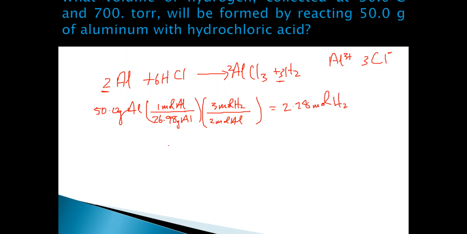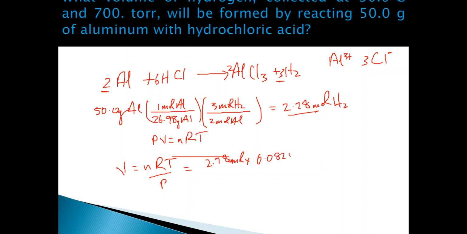Okay, so the next step is to find out the volume. And to find the volume, we would use this equation that we met before, PV is equal to nRT. What the question is asking for is the volume, which is equal to nRT over P. And then we plug in the values. The first of which is what we just calculated here, 2.78 moles, times R, which is always going to be 0.0821 liters atmospheres over mole Kelvin,